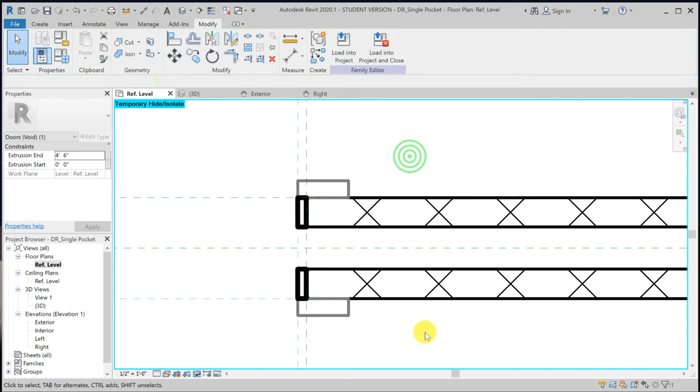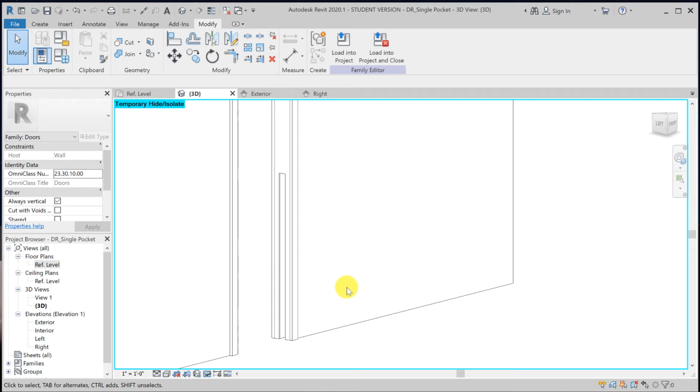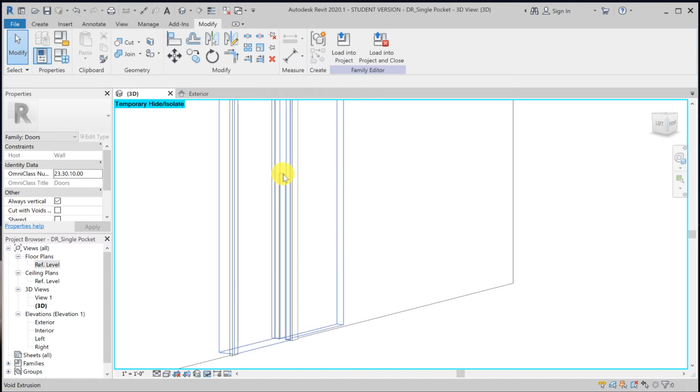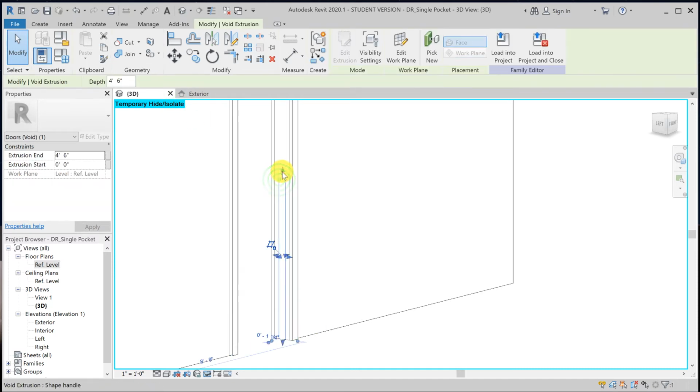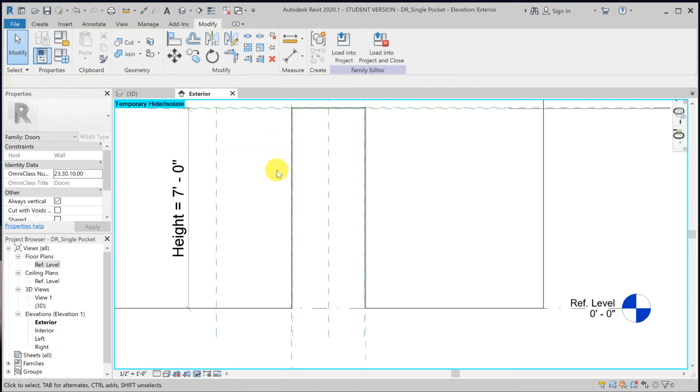So now we can see that cavity open. And double check again. You can see it there as well. So let me show you this. I'm going to close the right, and I'm going to close the reference level. Okay, so I want to pick this void form so that I can move this one up and attach it to a reference that is on top. Okay, so in exterior view, okay, if I try to select